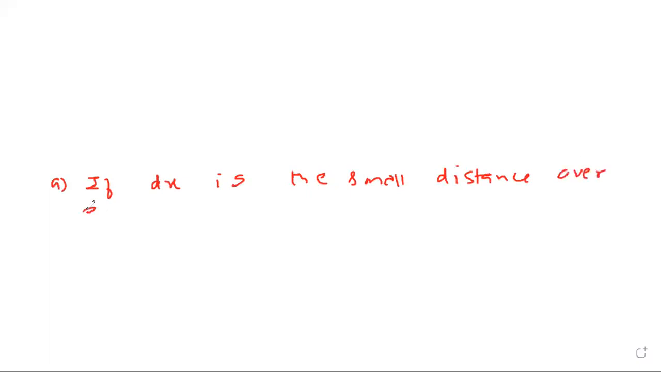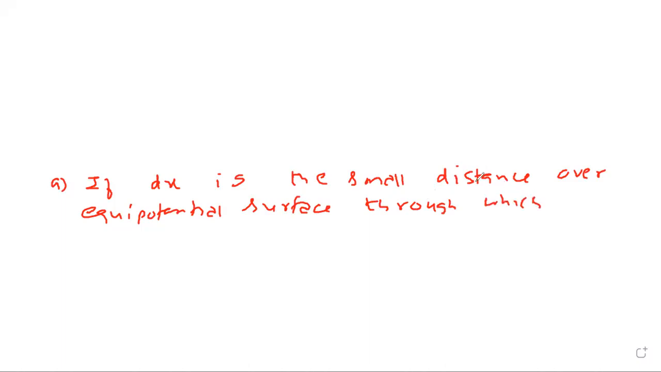First case, if dx is small, we got work done for an equipotential surface is 0. So with that pretext, we are writing a few points. If dx is the small distance over an equipotential surface through which